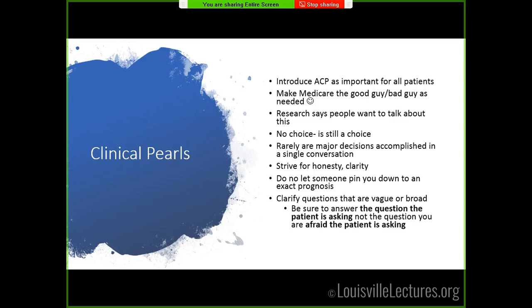You want to clarify the question that you get from a patient, if it's vague or broad. We just want to make sure that we understand what the patient really is asking, as opposed to sometimes hearing the question we're afraid of. They may not be asking for an exact prognosis. They may not be asking us to see the future for them. They may be asking a little bit more just for clarification and understanding about what their actual diagnosis is. And it's always okay to say that we don't know, that we need more information, that we need more time to get this right, because it's important to get right for them.